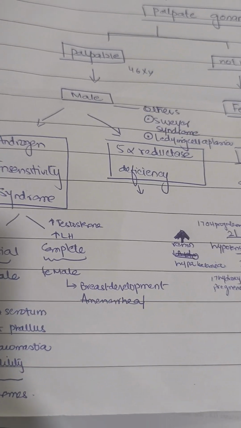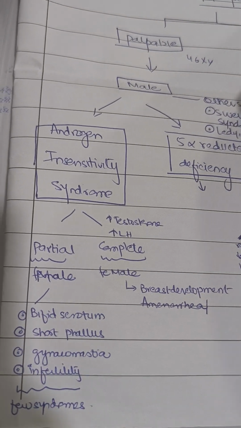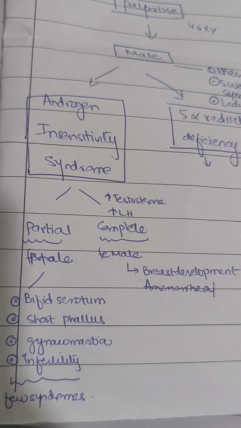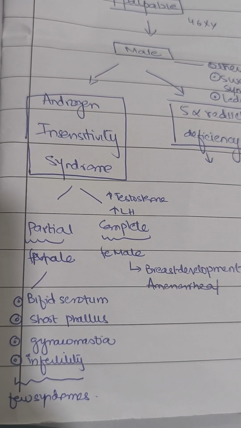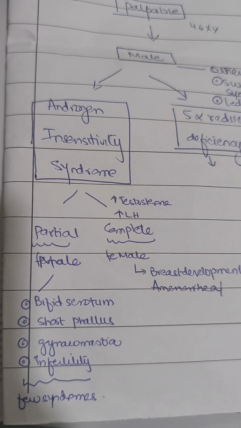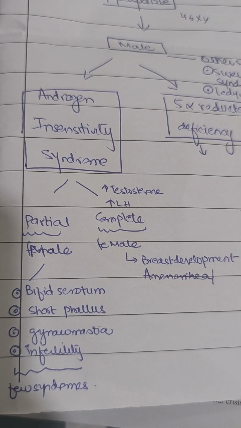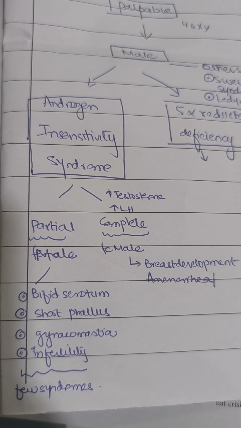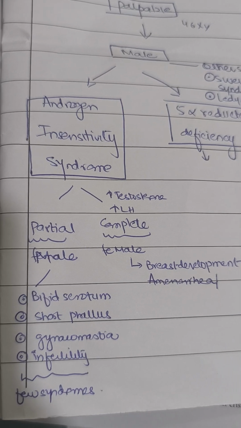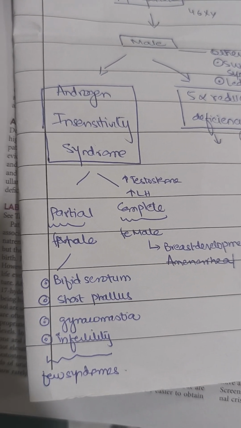that leads to this type of syndrome. It is X-linked, and there are two types of androgen insensitivity syndrome. One is the partial and one is the complete. In the complete androgen insensitivity syndrome, there is a complete defective enzyme, whereas in partial, some enzyme activity is